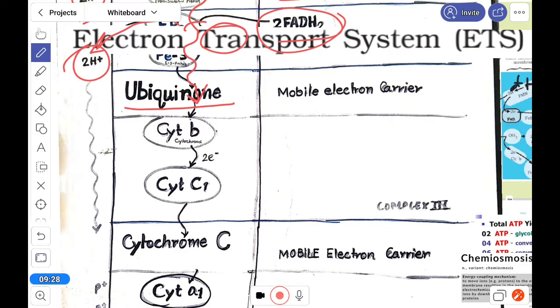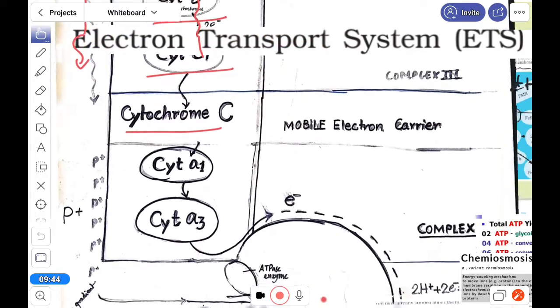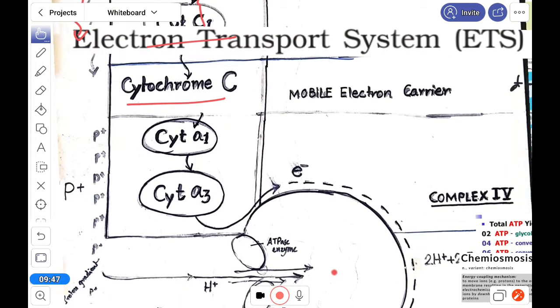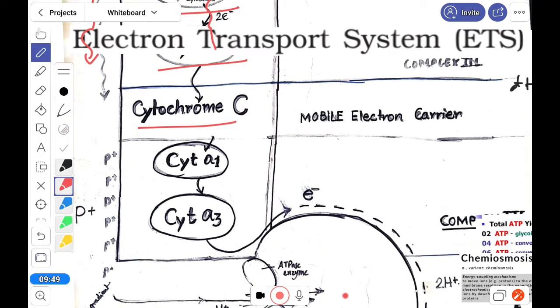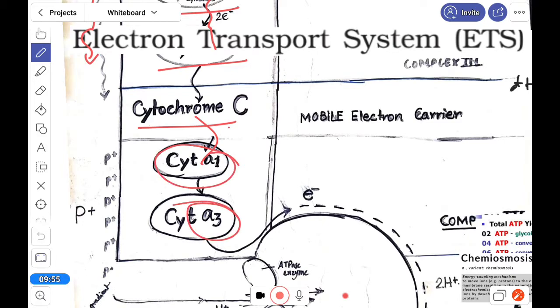So the protons remain on the other side, the intermembrane space, and the electrons are carried through cytochrome B, cytochrome C1, cytochrome C. These are the mobile carriers, and ultimately it is again carried by cytochrome A1, cytochrome A3. So these are the carriers, and after that